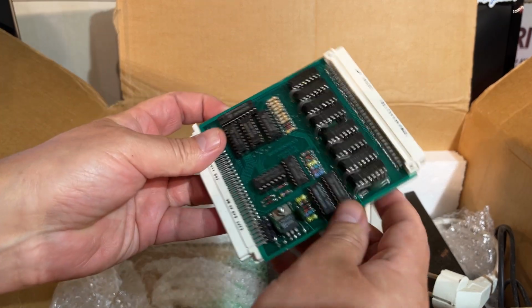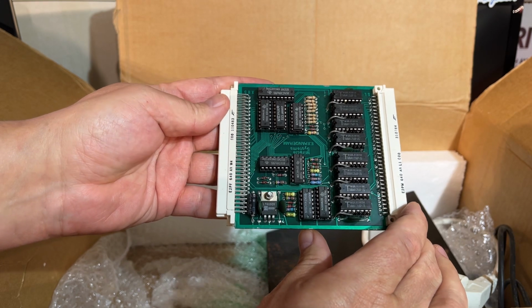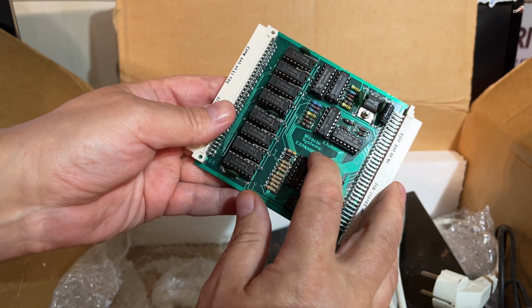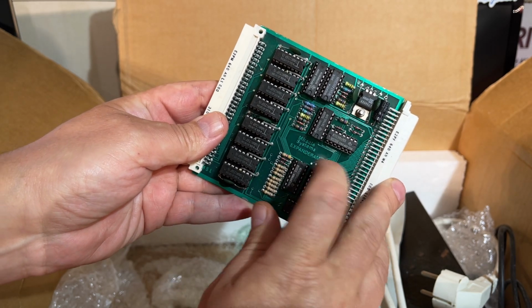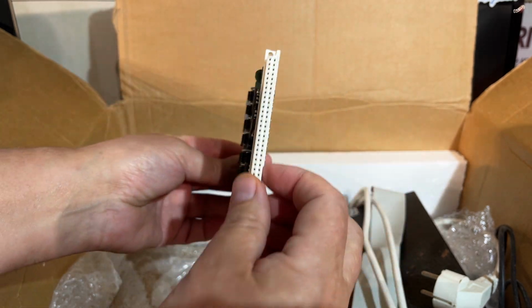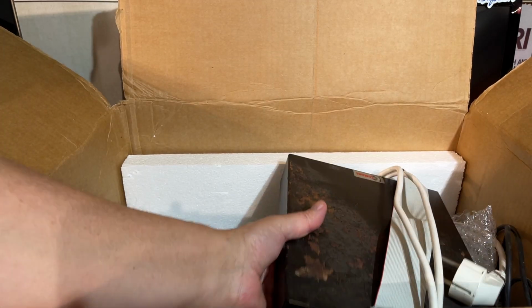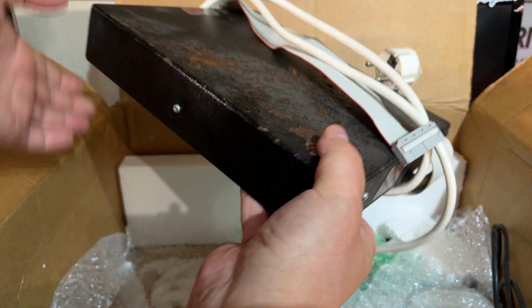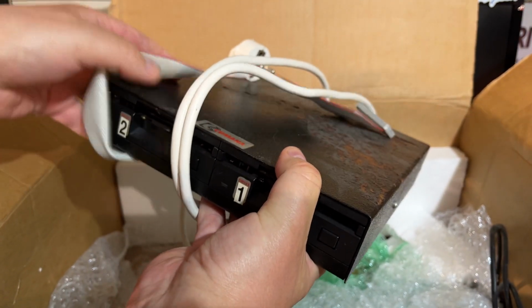And here we got another expansion card. Seems to have a lot of RAM chips on it. And in fact, it says Miracle Systems Expanderam. So this is a memory expansion for the Sinclair QL. And then we have this one. This looks a little bit crusty. It's in fact a